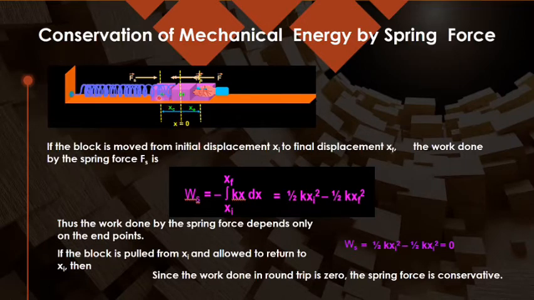If you want to complete the cycle, then of course you can prove that it will become equal to 0 if you are bringing it to this side and then it comes back to the same position. If you are starting from the initial position and bringing it back to the initial position, then work done is coming out equal to 0. So in both the ways we can say that work done over the round trip is 0, so spring force is said to be conservative. Or it depends only on the initial and final position, so it is a conservative force.